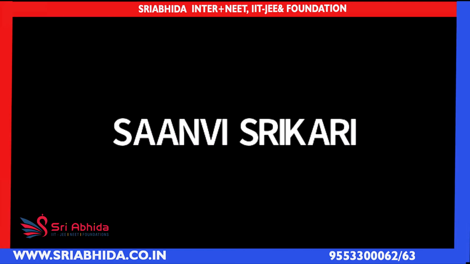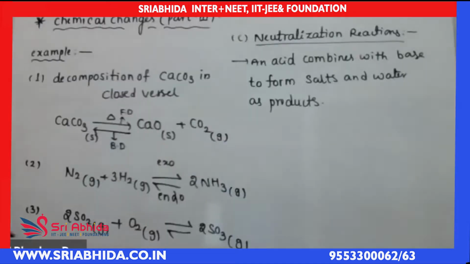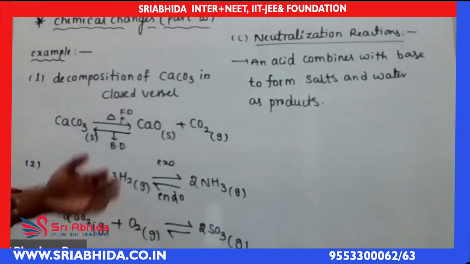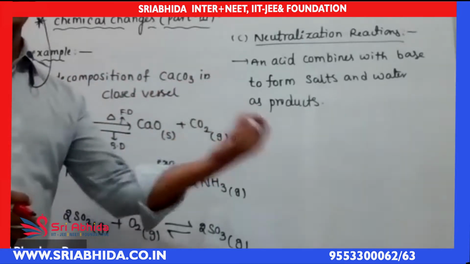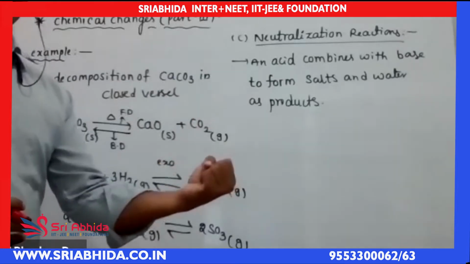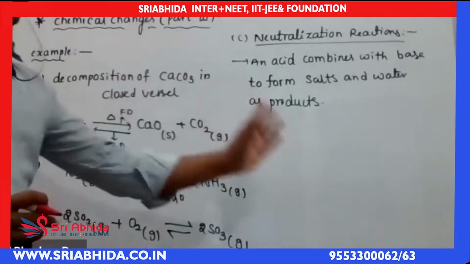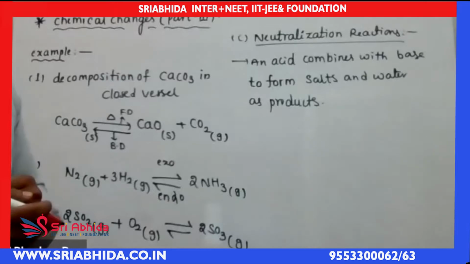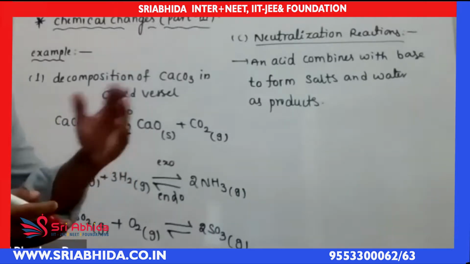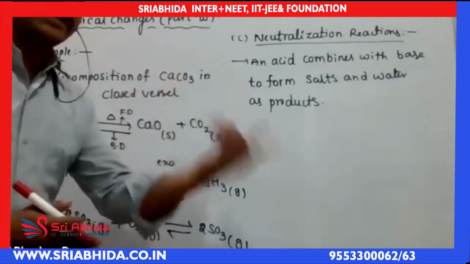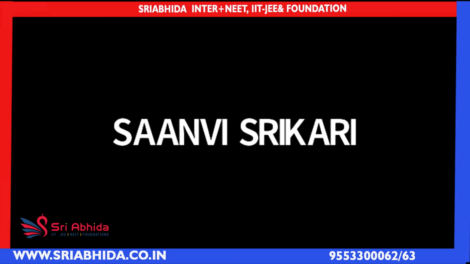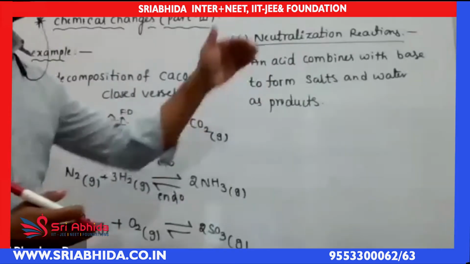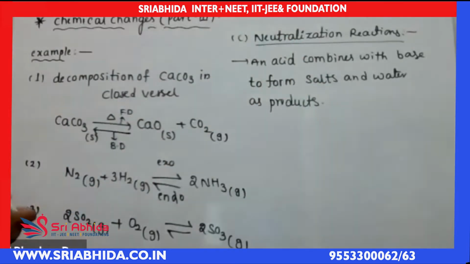Sir, sometimes even such kinds liberate hydrogen, now, sir. No, ma, it's not possible in a neutralization reaction. Why? Because acid has hydrogen and base has OH minus ions. H plus ions and OH minus ions always liberate a water molecule. But if any metal reacts with acid, at that time it liberates hydrogen gas.